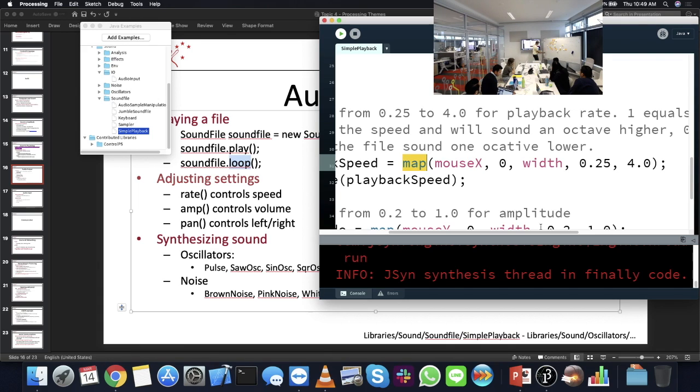If it's in the middle, it'll be halfway between those two numbers, which is something that I can't figure out off the top of my head. But basically it's allowing us to map the left-hand side of the screen to 0.25. The right side of the screen is 4, and everything between will be the same fraction. So if we run this example again,